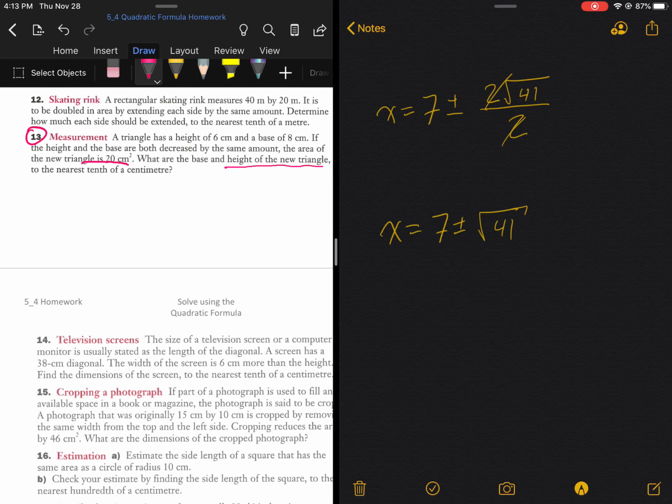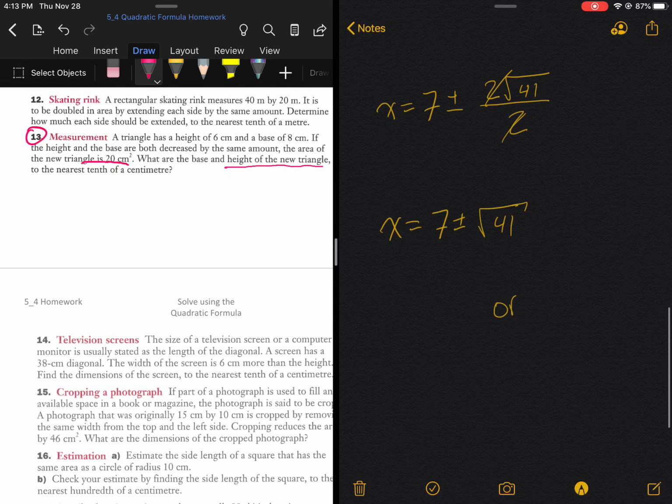Either way, your calculators will give you the answer. Plus or minus root of 41, whatever that ends up being. So, by the way, we'll just do this one to completion. X equals 7 plus root 41, or